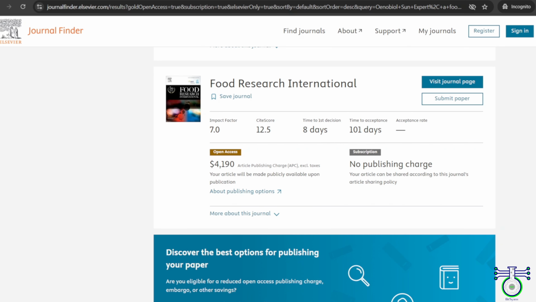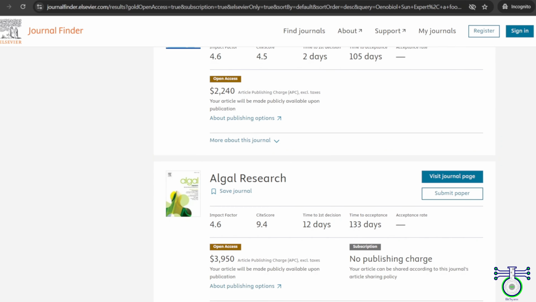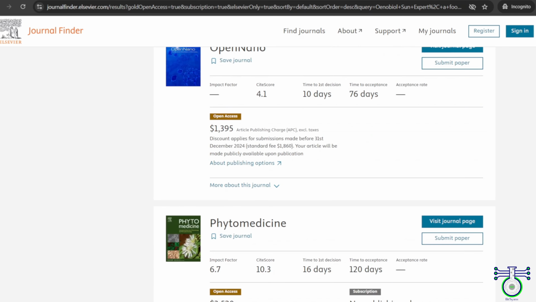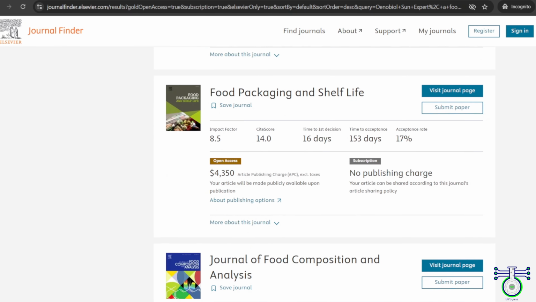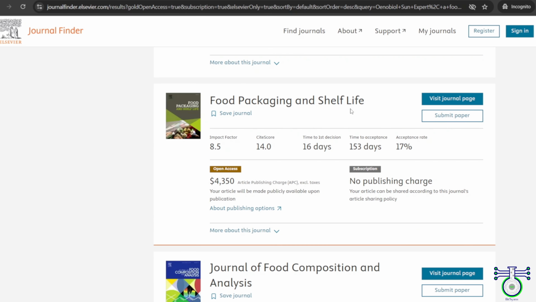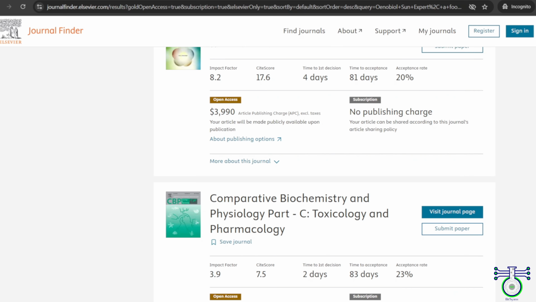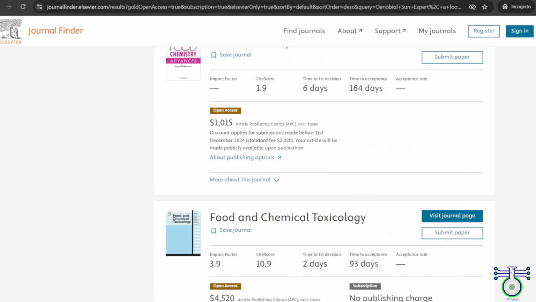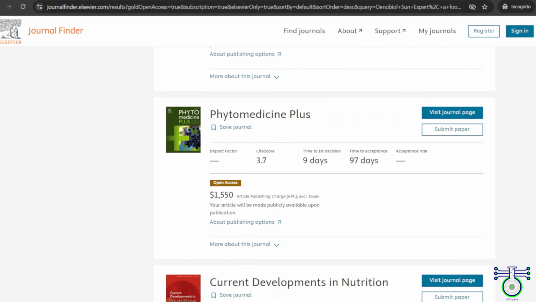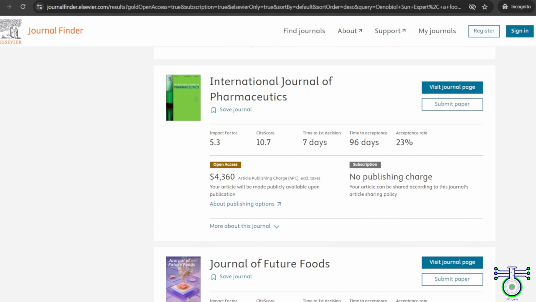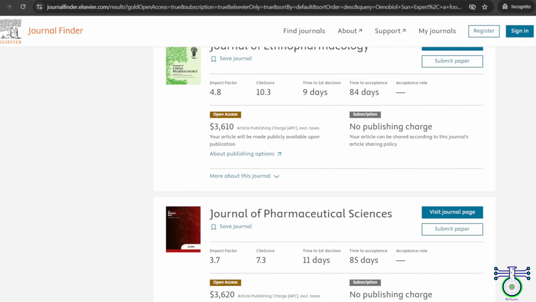So what is the acceptance rate? Accordingly, you can actually choose. So you can see there are a lot of journals with all the details given. Here, if you can see Food Packaging and Shelf Life, it shows an acceptance rate of 17%. So generally we look for an acceptance rate of like 25-40%. That does work more. So like 20-23%, which is actually quite good. Okay, not good, I would say. But yeah, we do look for publication. So yeah, this is how it goes.